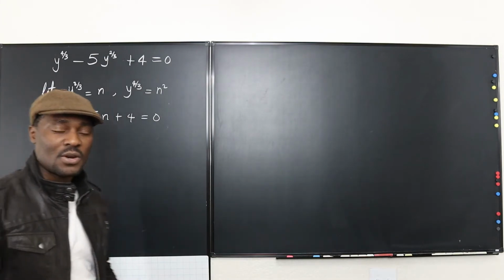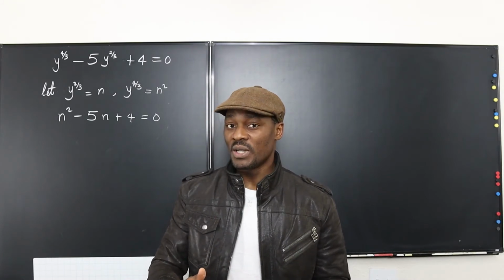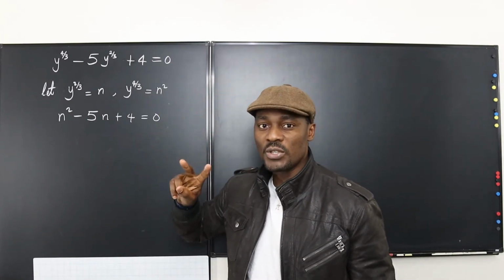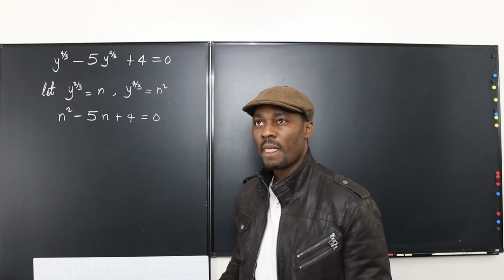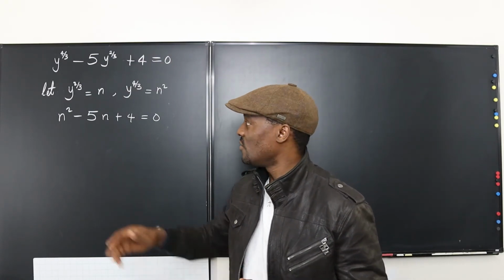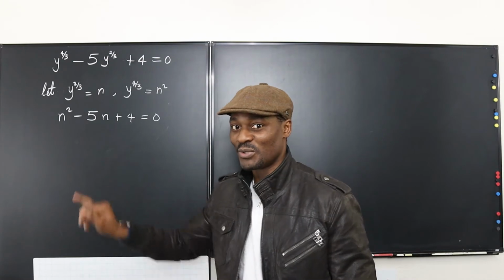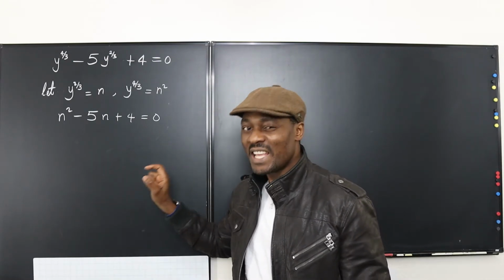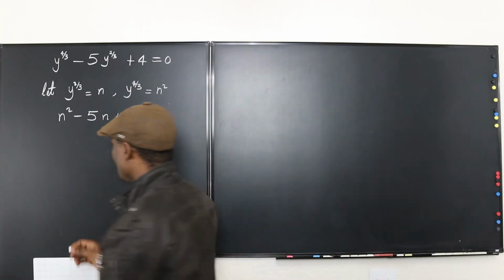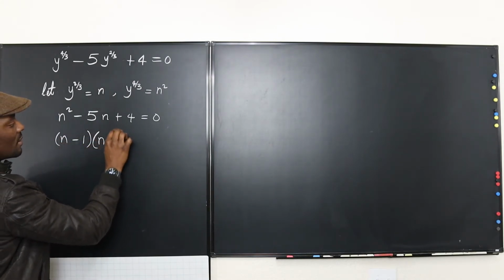And now we just need to factor or use the quadratic formula. But like I would always say, do not use the quadratic formula if it can be factored. And these numbers are small. So the question is, what two numbers will you multiply to get positive 4? Well, 2 times 2 or 4 times 1. Well, when you add those two numbers together, you must get negative 5. Well, you know 2 times 2 will not work because they are too small to produce 5. But negative 4 and negative 1 will be the best options. And that's the solution. Okay, so I'm just going to factor this into n minus 1 and n minus 4